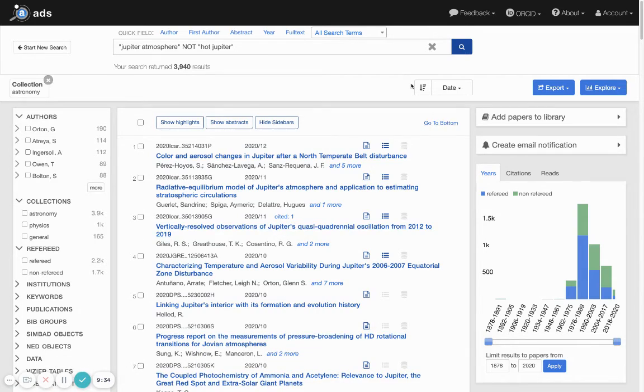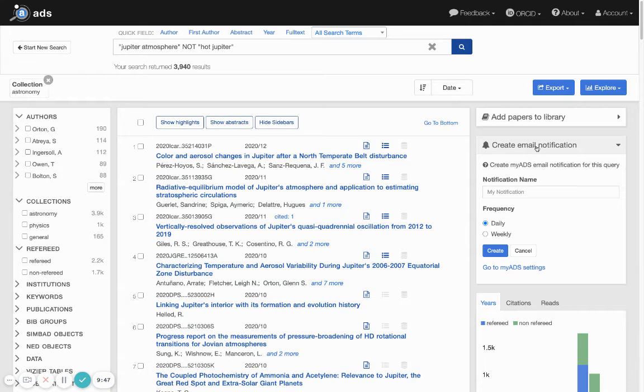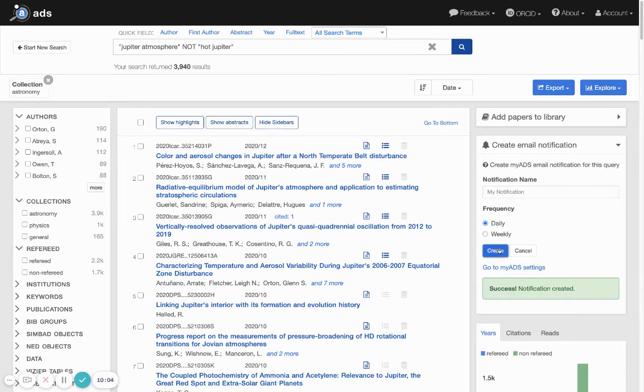One feature of our system, a recent feature we've introduced, is the ability to create notifications for new papers appearing on a particular topic. If you're logged in, then you can create an email notification so that you will receive updates from ADS on a daily or weekly basis. I'm going to name this notification Jupiter Atmosphere and create a weekly notification